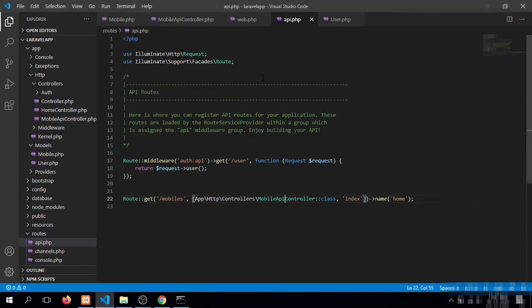You can see that in Laravel, if we are implementing any type of routes in API.php route, we will access all the APIs using an API prefix. This will be our application URL and this is our API prefix and this will be our routes.